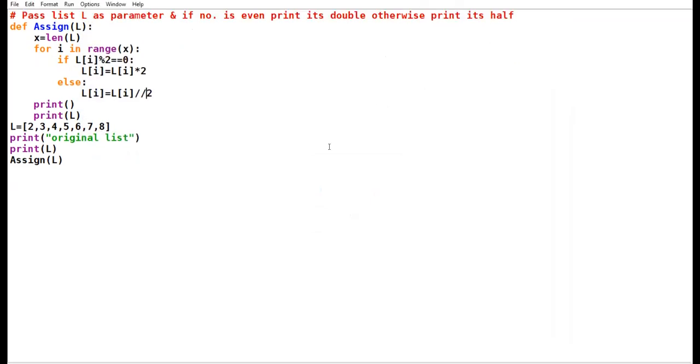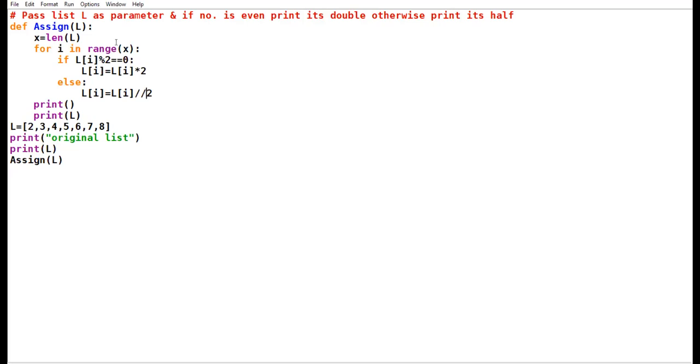Now I go with one more practice question so that the list along with the function concept gets clear in your mind and you are able to make a function by passing a list as parameter. Now I am going to create one program.